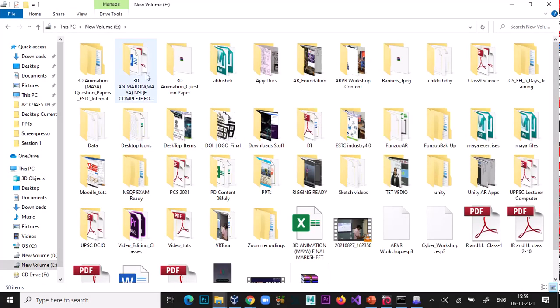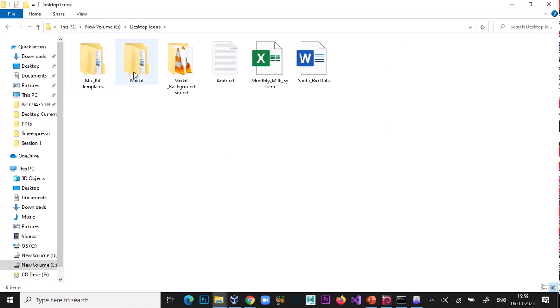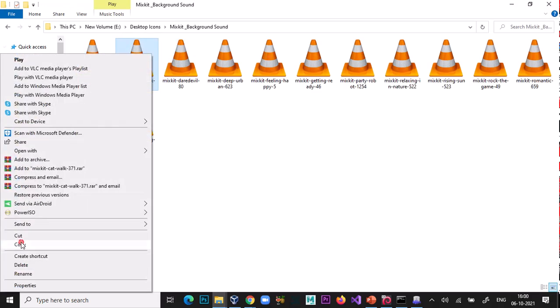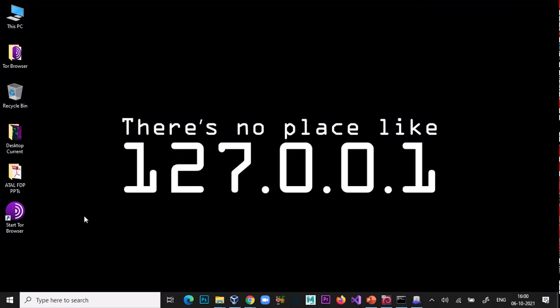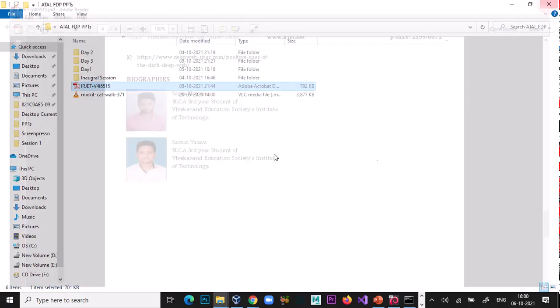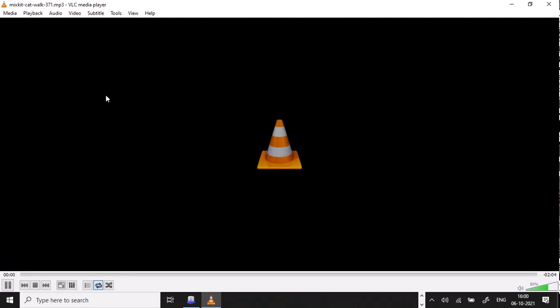So we can use a sound, for which I have some music file. I just copied it onto the desktop or into this folder. So this is the simple music file.